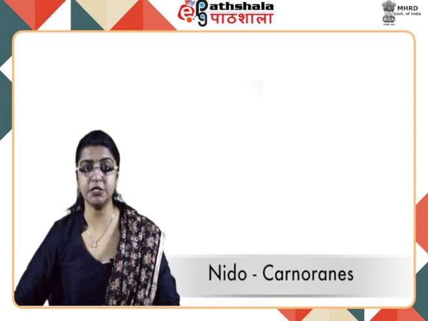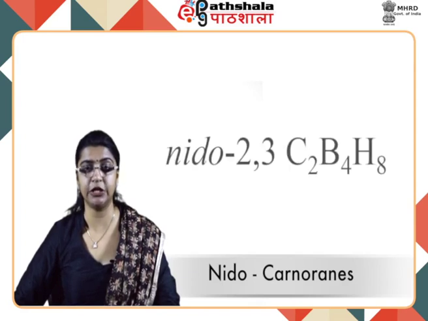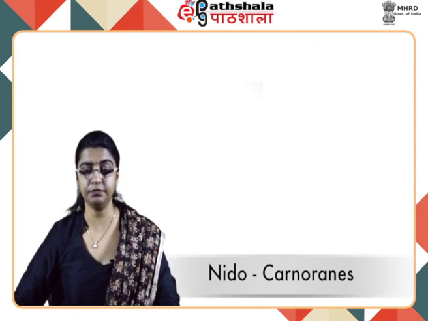So, to calculate the skeletal electrons, we say the 2 CH units contribute 2 multiplied by 3, that is 6 electrons, and the 4 BH units contribute 4 multiplied by 2, that is 8 electrons, and the 2 extra hydrogens contribute 2 electrons to the bonding orbitals of the skeletal structure of nido 2,3 C2B4H8. Thus, there are 8 electron pairs in the multicenter bonding orbitals of the skeletal structure of the carborane,